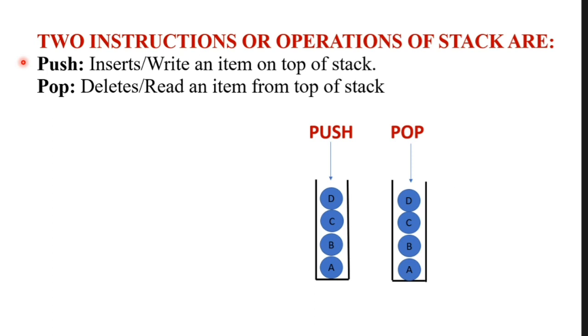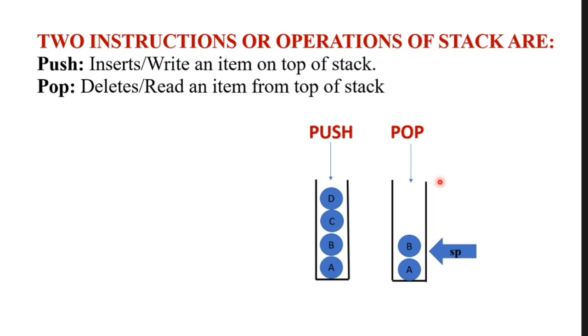Now for the pop operation, again the last element stored is D. Pop is used to read or delete the item from the top of the stack. So when we say pop, D will be popped from the stack memory. When I say pop a second time, then C will be popped from the stack memory, and so on. You can delete or insert an item by using push and pop for the stack memory.